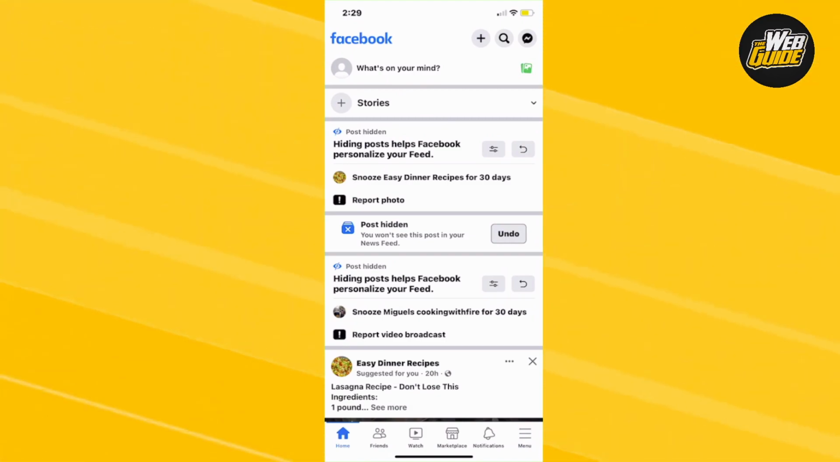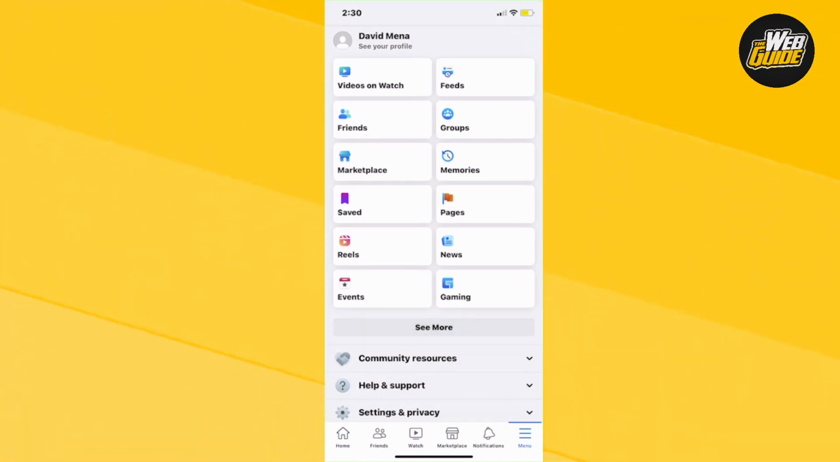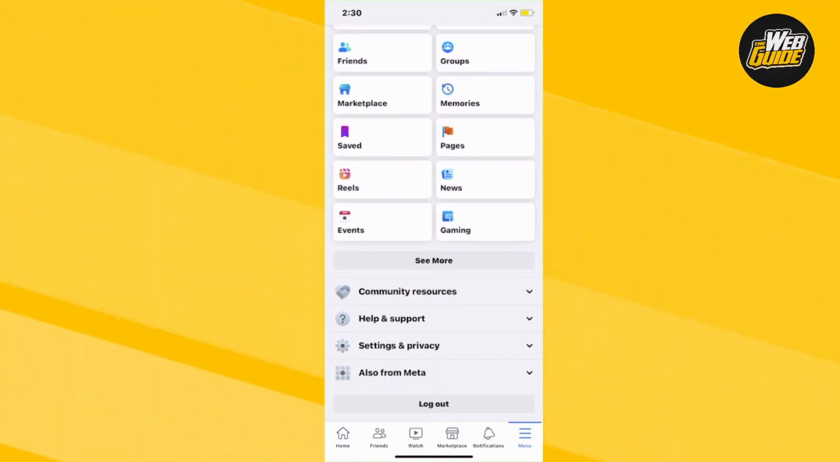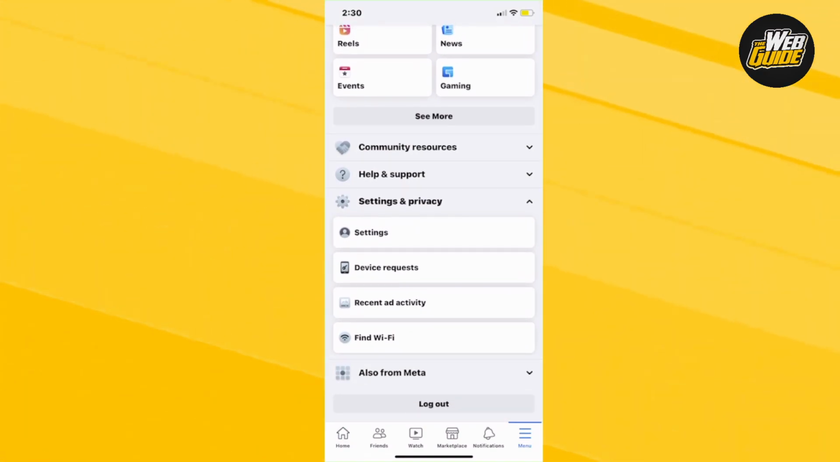So what you're going to want to go ahead and do is make your way to the bottom right hand corner of your screen with the three horizontal lines. Now, right underneath the three horizontal lines, it should say menu. Just go ahead and click on that. From here, you're going to want to swipe your way down all the way to settings and privacy. Now, basically, you're going to want to click on it and untab it and basically go ahead and click on